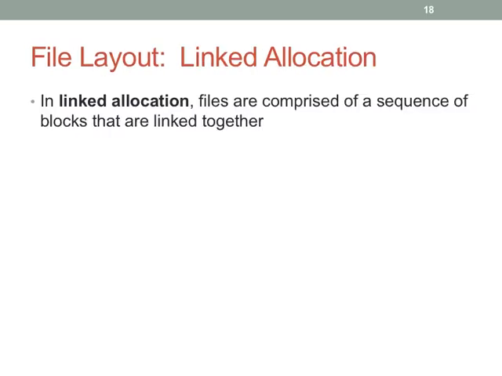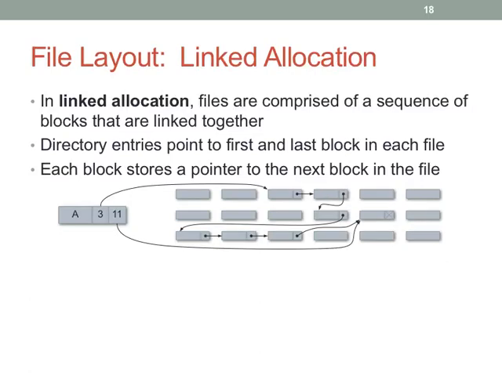All right, linked allocation. This is where we start getting a little bit more sophisticated. Basically, we have sequences of blocks linked together in some way. This is a really simple example. Our file system device is nice and small. We have 18 blocks of data. Notice that each block has some part of it devoted to what's the next block in the file, to the point that at the last block, we just say, this is the end of the file. The directory entry will just say, here's the start of the file, and perhaps, if you want, here's the end of the file.